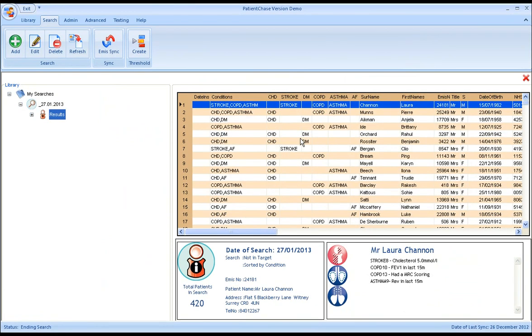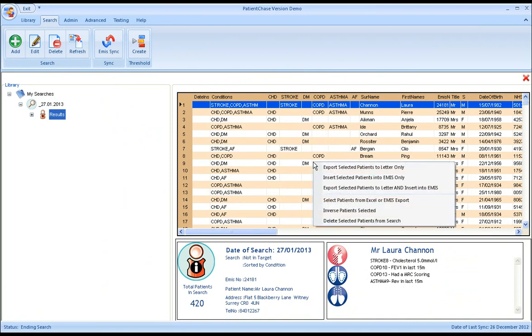Now that you've produced your list of patients, you can move on to the next stage. From here, it's very easy to filter the list. For example, remove housebounds. Run an export from EMIS of your housebounds, so a quick search showing your patient numbers, export it to Excel, and then once you've done that,